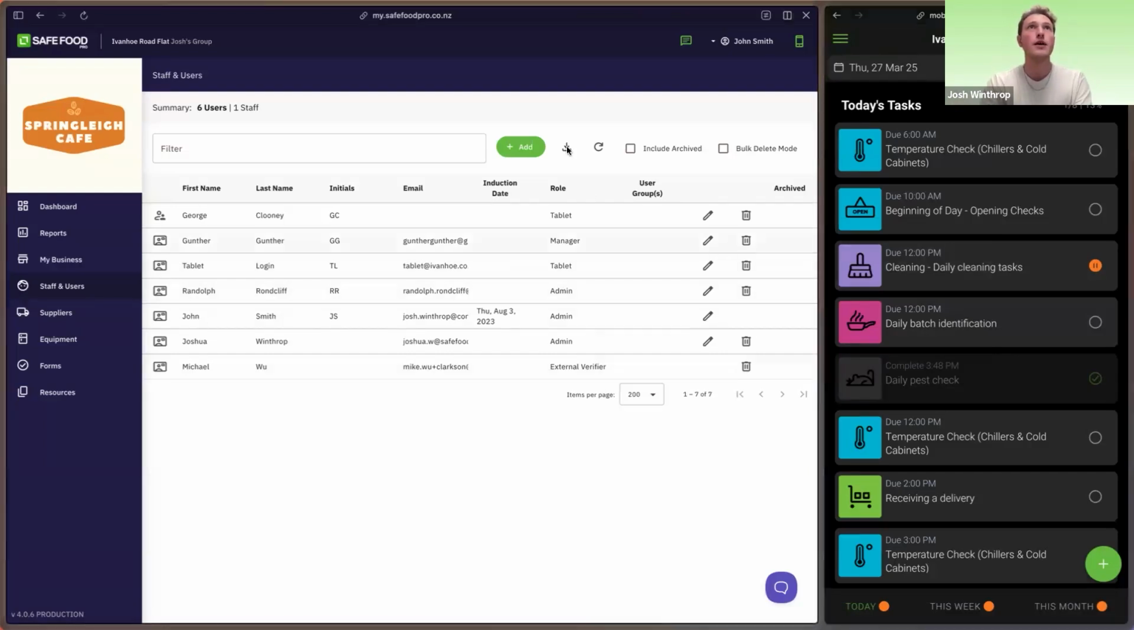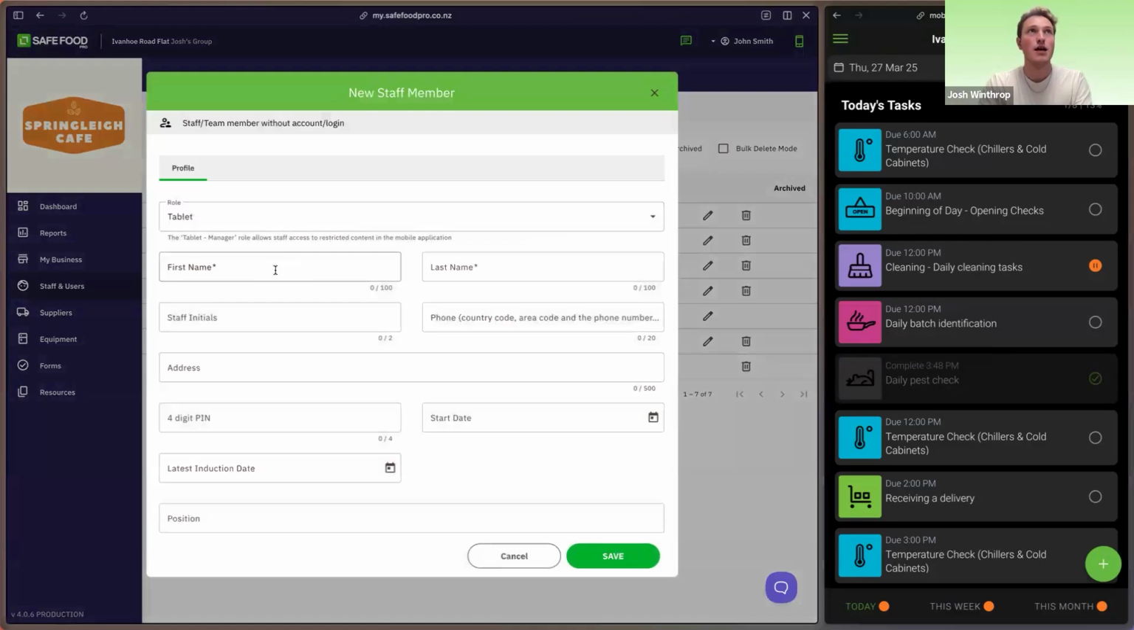All we're going to do is click Add, select Add Team Member. Brilliant. And we're going to set their name as Jesse